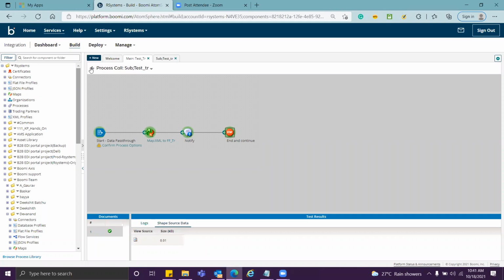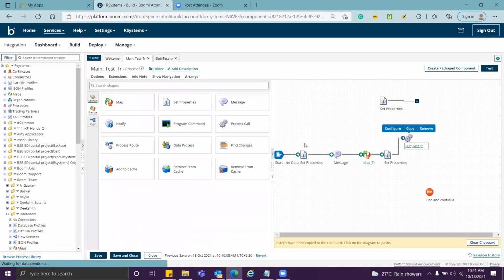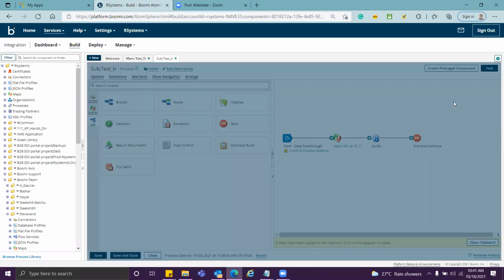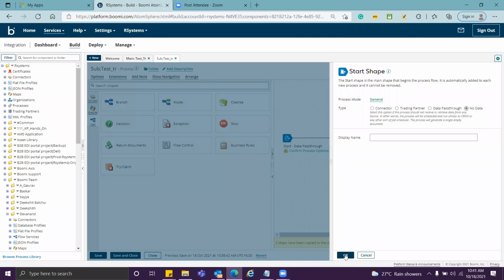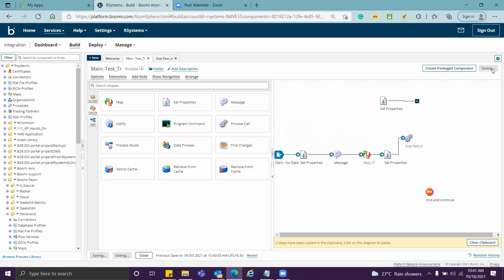Okay. Now I will show you why I have used data pass through and not anything else. All right. So I go to sub process, and this connector, I again make it to no data. So in this case, what will happen is this sub process will be considered as an independent process, as in it won't take any data at the start shape. It will try to fetch data and process it accordingly. So if I click on test,